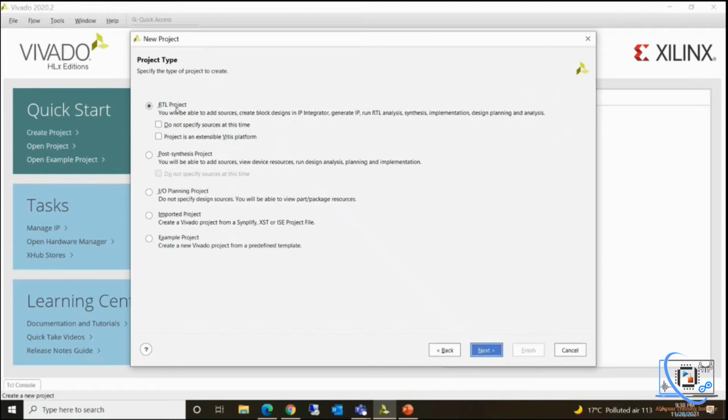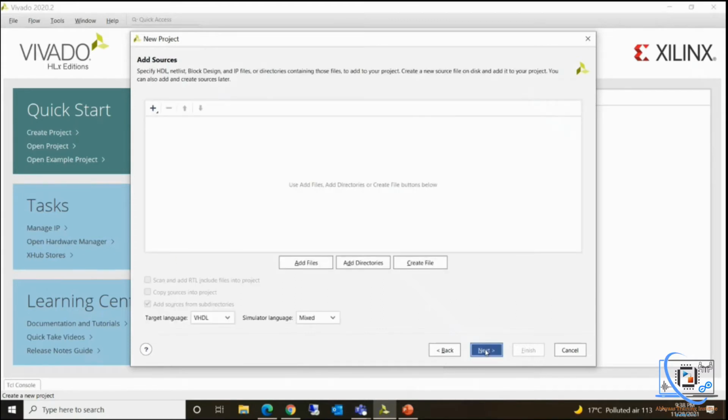So you have to select RTL project only and click next. So in this project, we are creating a file and we'll create a file using this button create file, and the target language I have selected for VHDL. You can also select Verilog. So I have selected VHDL.